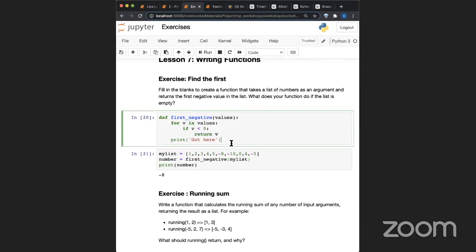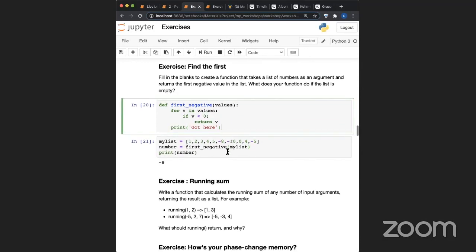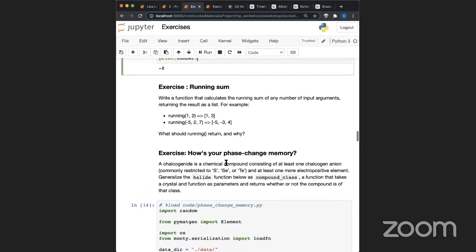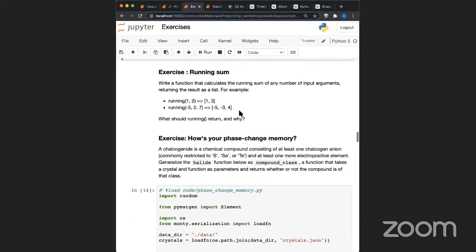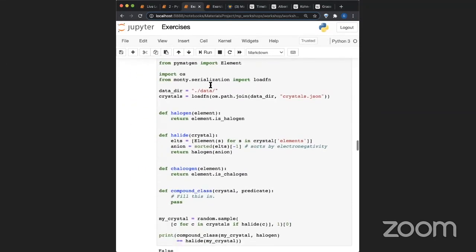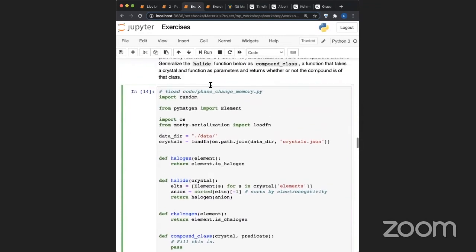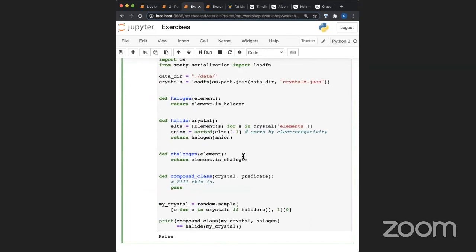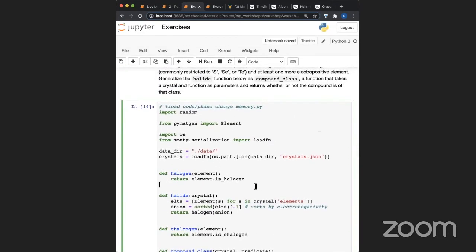Okay, so now let's go to these other exercises, and for the sake of time, I'll leave this first exercise for you. But let's go ahead and look at an interesting property of functions, which is that they can actually be passed into other functions. So this example is